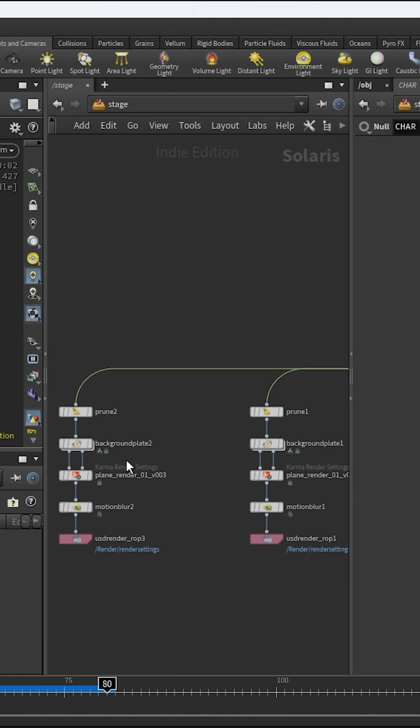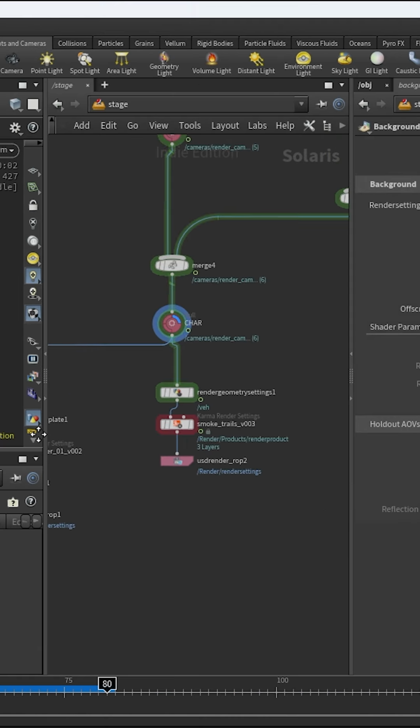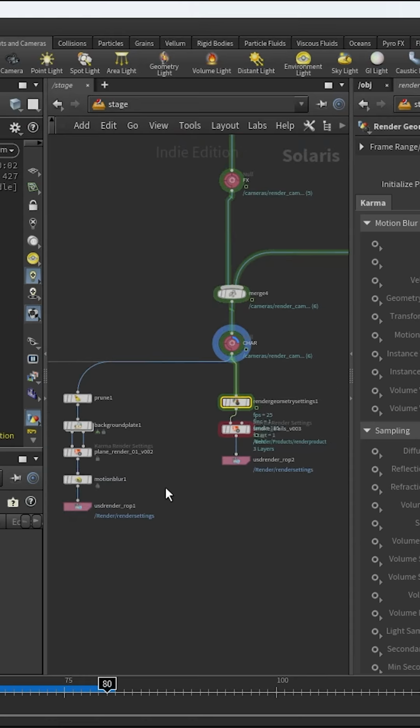At the end, I rendered out my plane 1 separately, plane 2, and my smoke trails all so I can composite them later on. And after some minor compositing, that's